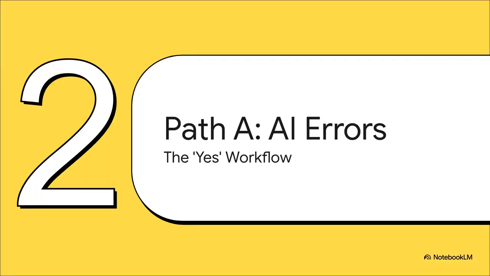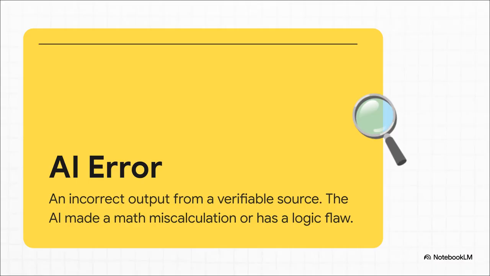All right, so let's take that yes path first. Let's say the AI gives you a claim that can be checked, but it's still wrong. This is great news, actually. It means you're not dealing with some made-up fantasy, you're just dealing with a good old-fashioned error. So an AI error is, at its heart, grounded in reality. It means the AI had access to the right stuff, real data, a legitimate source. It just fumbled the ball. It misinterpreted something, messed up the math, or got the logic steps tangled up. The foundation is real, the execution was just a little clumsy.